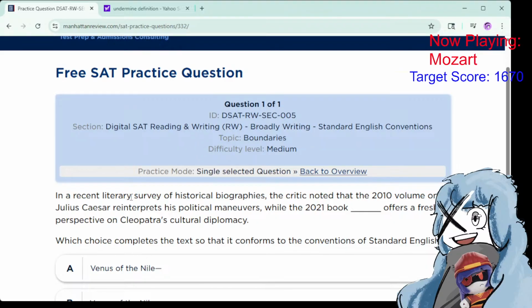In a recent literary survey of historical biographies, the critic noted that a 2010 volume on Julius Caesar reinterprets his political maneuvers, while the 2021 book